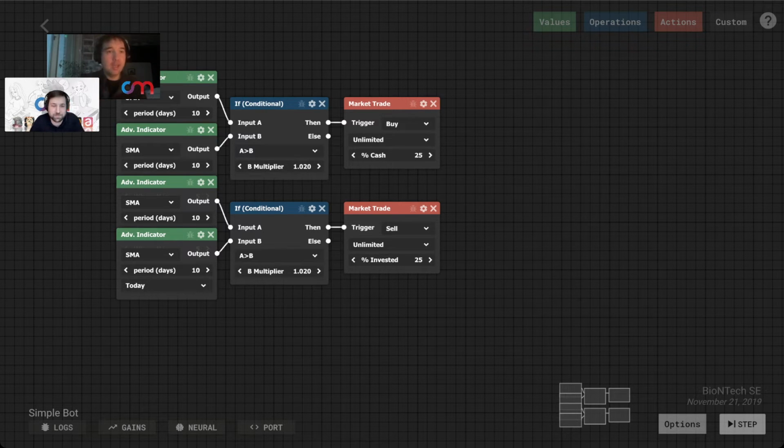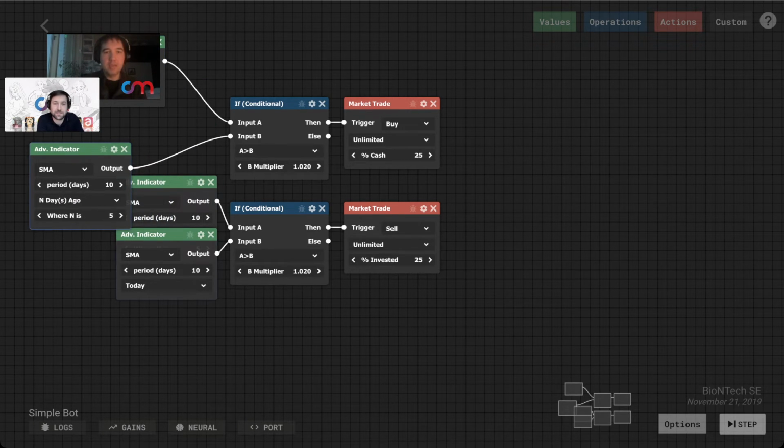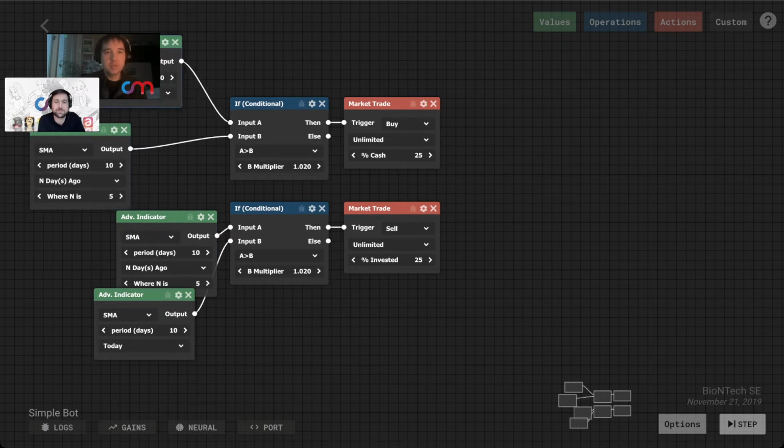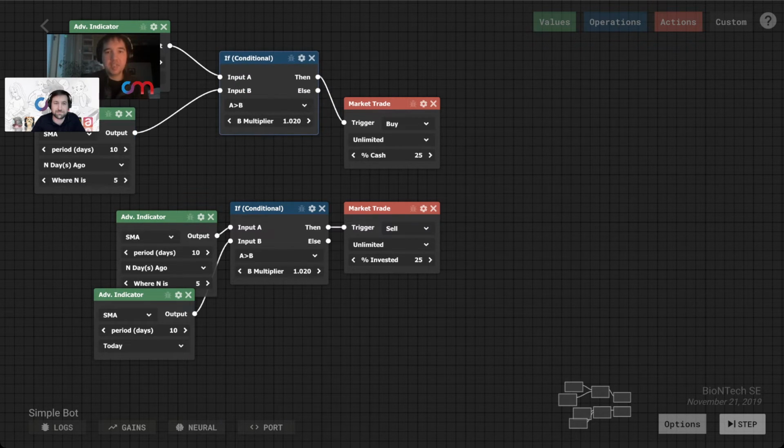But we've been talking a lot about how trend is your friend. It's a good example, because it's the most superficial, simplistic example of a bot. So here we have an example of that bot. We have the simple moving average today at a period of 10 days, so the average of the last 10 days, and then the simple moving average of the last 10 days, but 5 days ago, going into an if statement.